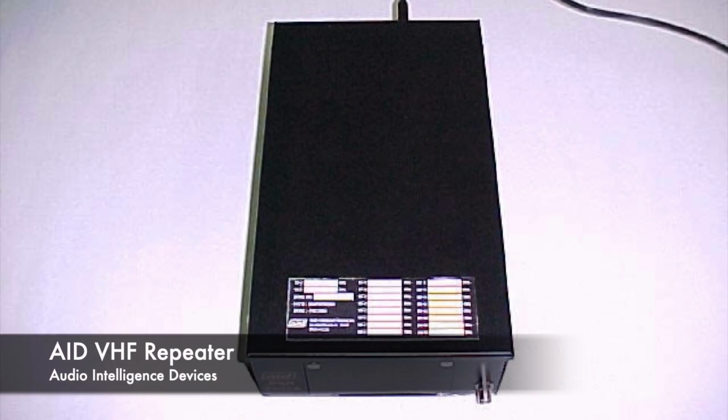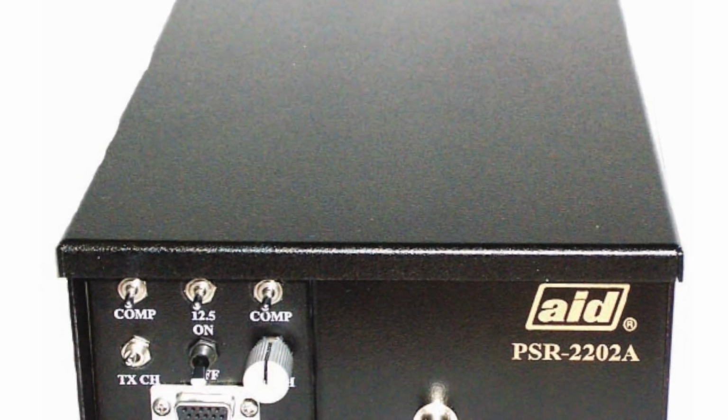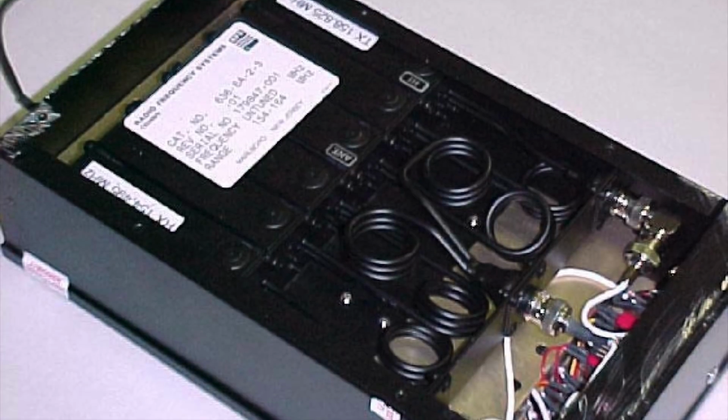There were also repeaters used on these bodybug channels. The Broward County Sheriff's Department in Fort Lauderdale, Florida, had one that had an input of 159.190 MHz and a 15-watt repeater output of